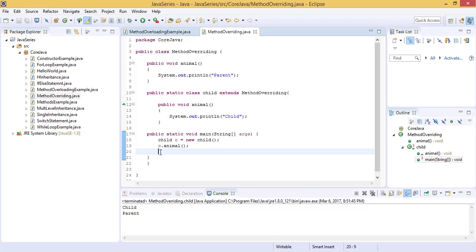So here we have seen how method overloading and method overriding works. In the next episode, we will be working with keywords like this, static, super,